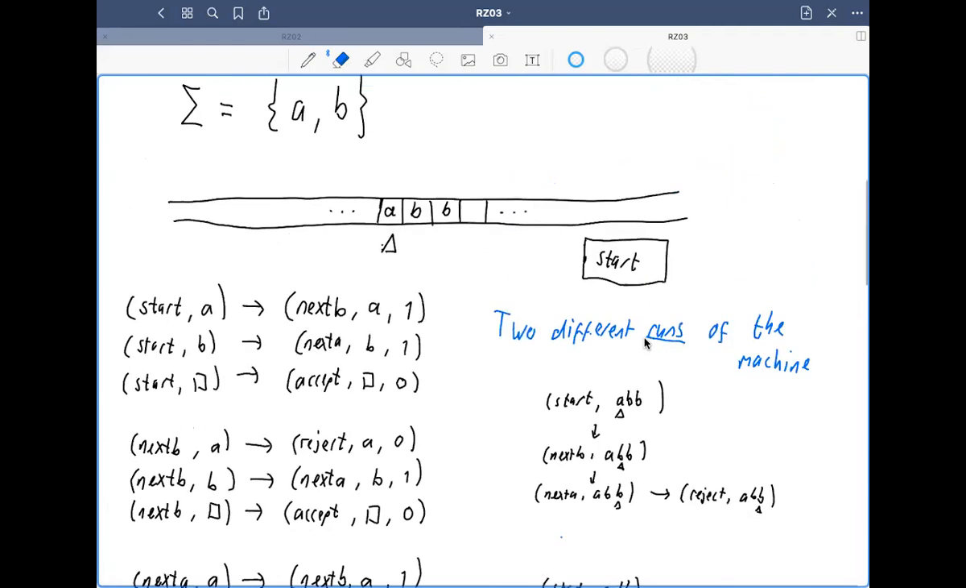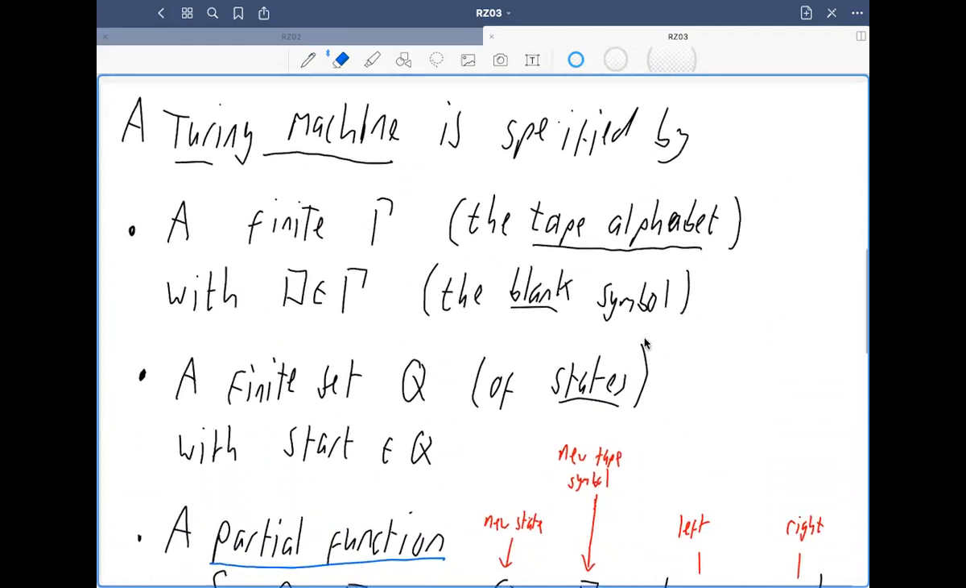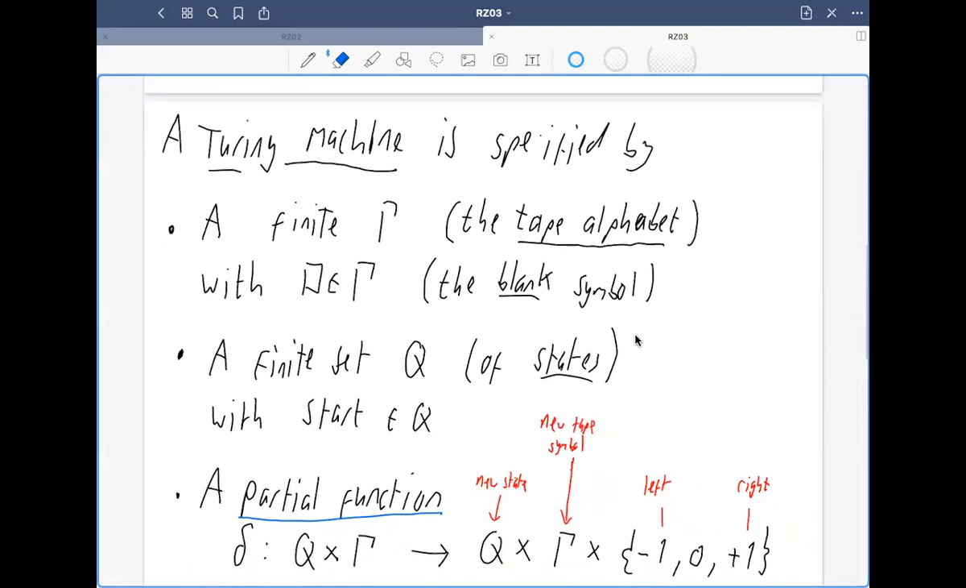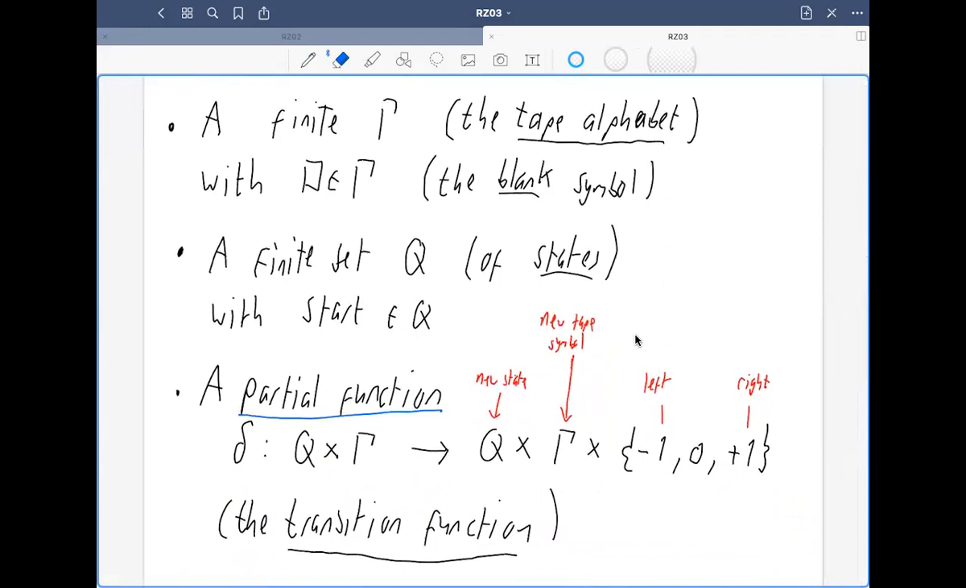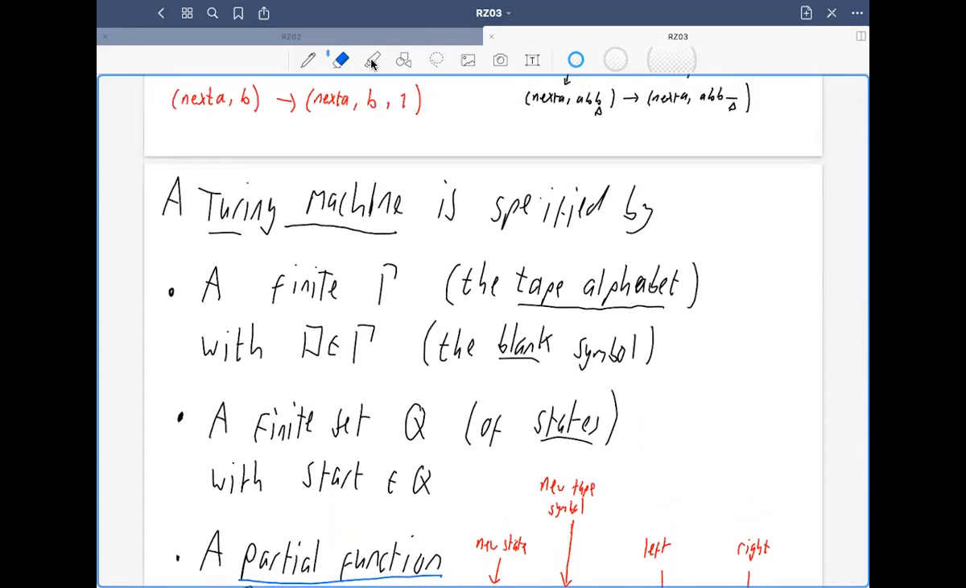Okay, so that's one example of a non-deterministic Turing machine. So in general, if we're defining a non-deterministic machine, what do we have to change? If we're specifying a non-deterministic machine, what do we have to do that's different from specifying a deterministic machine? So to specify a non-deterministic Turing machine,